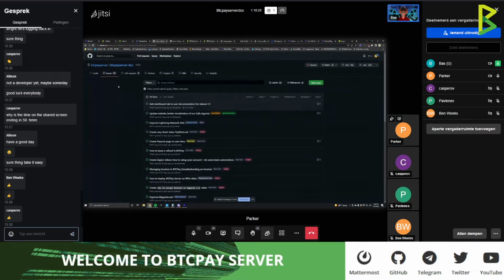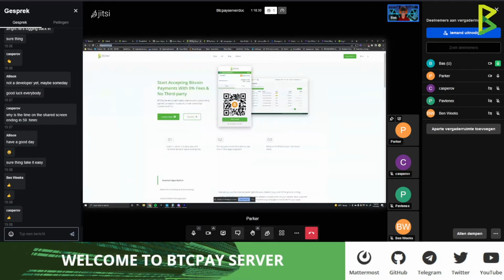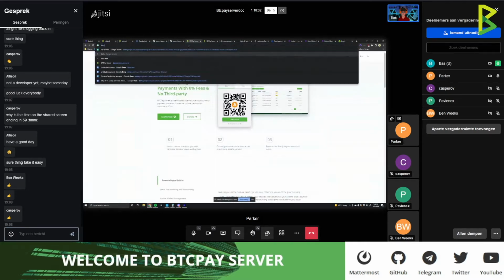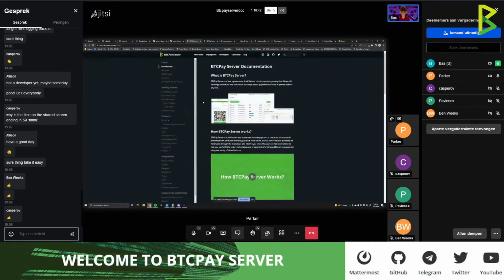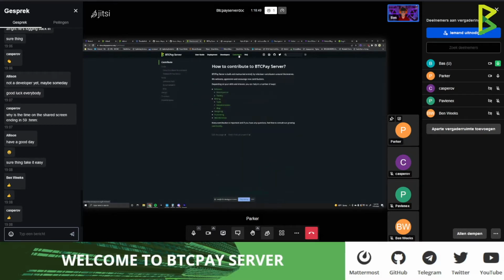I think it's a good start to go to the documentation website, docs.btcpayserver.org. And there you will find... I always first go to user docs. This is just me because I feel like the menu up top is easier. Click on the contribute tab up top, and basically there's different topics here on how we start helping out in